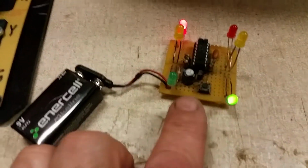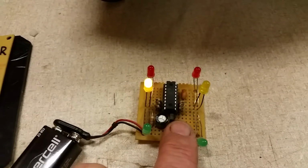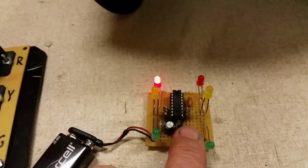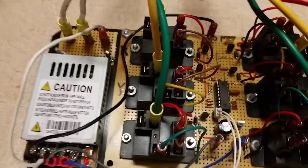One of the features I added to this was originally it could flash the light, or if you wanted to flash the other way, you could flash that. Obviously, this is too small to run a 110 volt light bulb, so I had to scale it up. So I built this much larger version of it. It still has the same